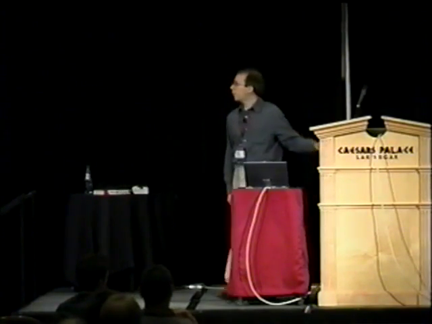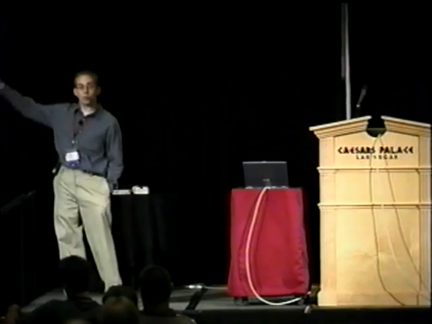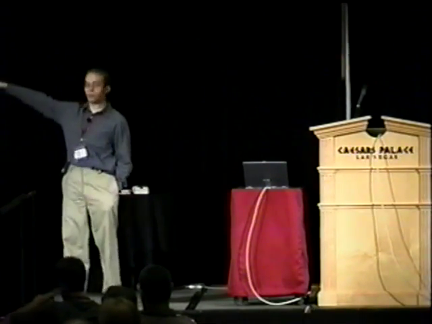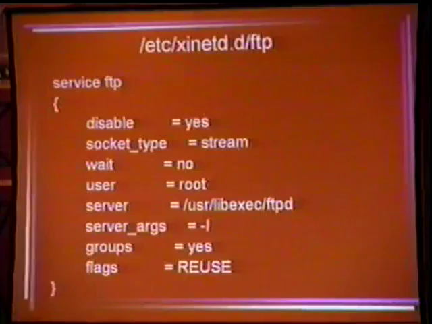By the way, inetd and xinetd, the way you audit inetd.conf is you just go and look for any lines that aren't commented out. With xinetd, it's a directory, /etc/xinetd.d, and each service that would normally be listed in inetd.conf on its own line gets its own file. So you look in the file and you see if the first line up there says disable equals yes. If it doesn't have disable equals yes, then that port's going to be open. Okay? If it has disable equals no, or it doesn't have a disable line at all, that's a port that's not going to be open.